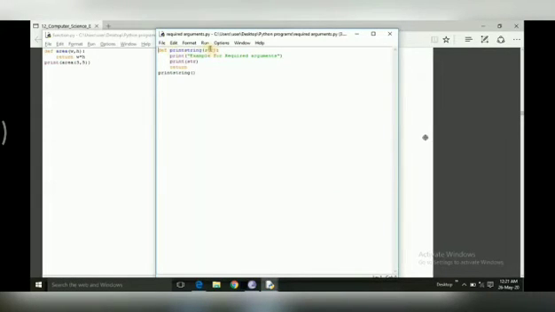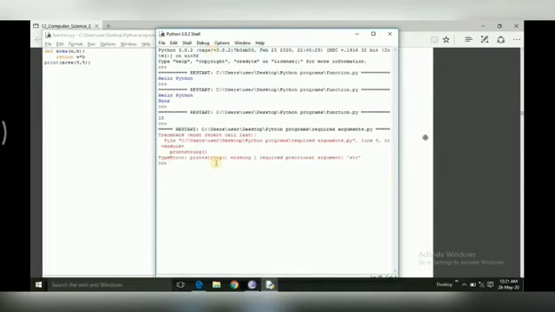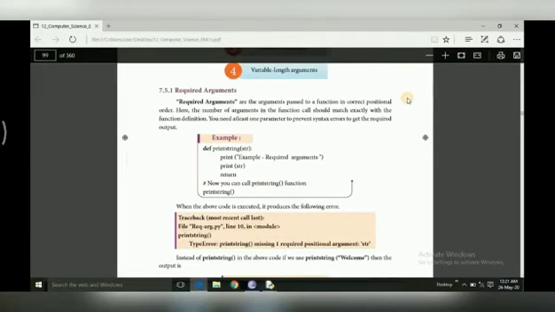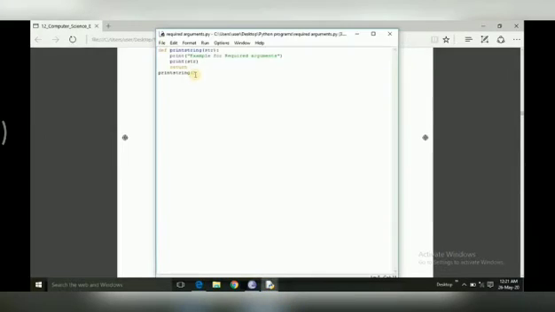If we run the program in the Python module, you can see the difference, children. Without the argument, if I run this program, I get an error that print string is missing one required positional argument. If I pass the argument welcome as a string and run this module, we will not get any error.